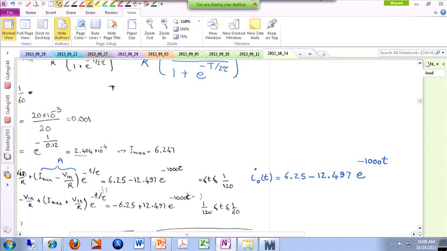So this is when my inductor current is kind of going up like this. And the other case, I out, was negative Vn over R, so it's negative 6.25 plus B. B turns out to be a positive value, which is the opposite of A, 12.497 e to the power of negative